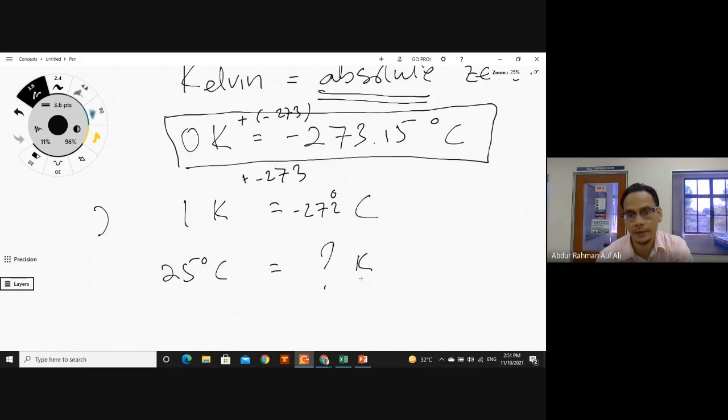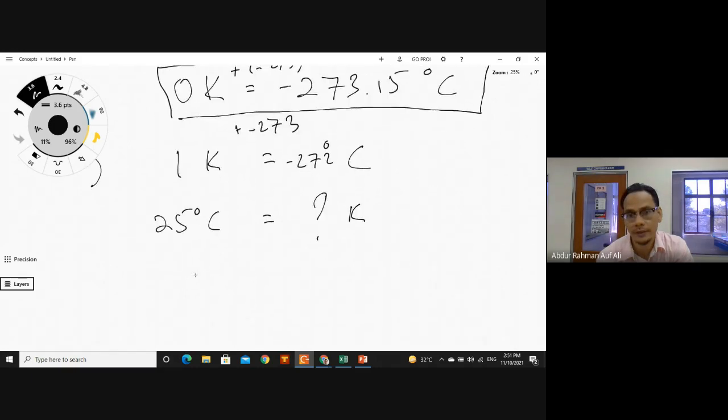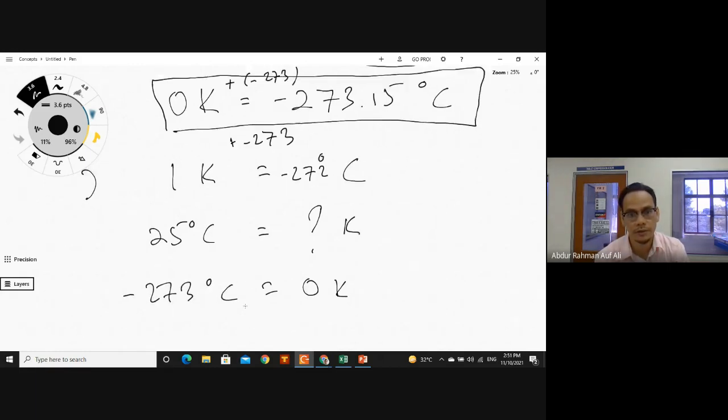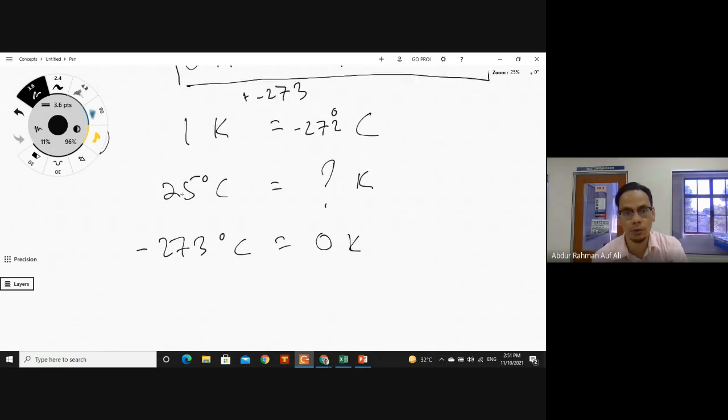What is it in Kelvin? So you have to understand 0 Kelvin equals to negative 273 degrees Celsius. So kalau nak convert 25 kepada Kelvin, Kelvin is bigger. So in this case kita just tambah tolak saja, tak ada bagi, tak ada darab. Okay, so 25 ni, 25 degrees Celsius kita,